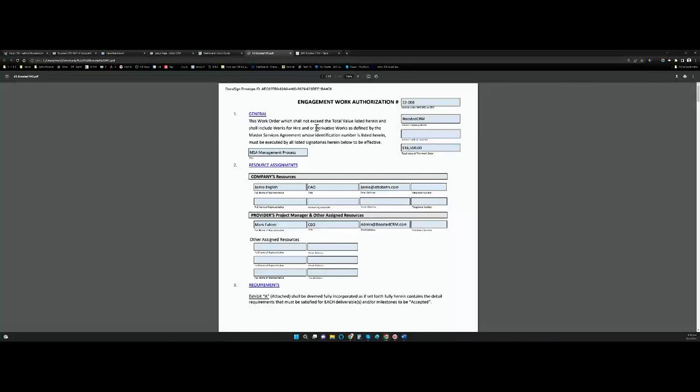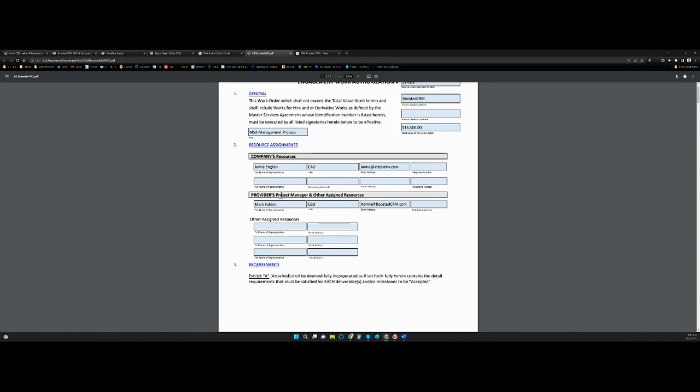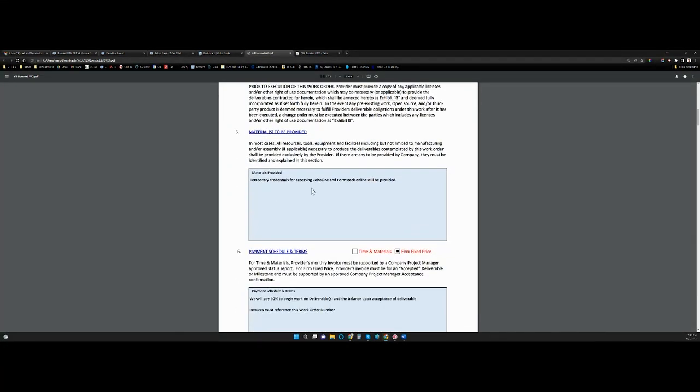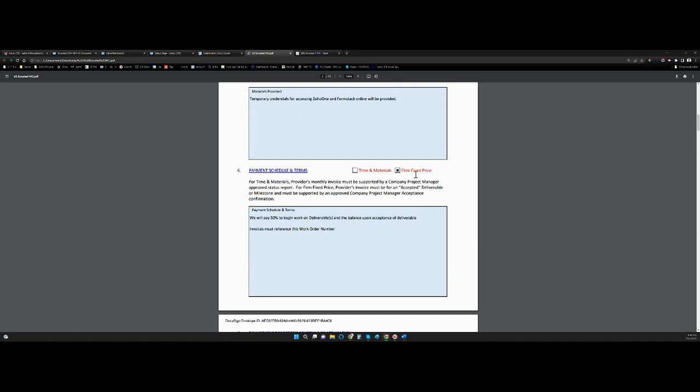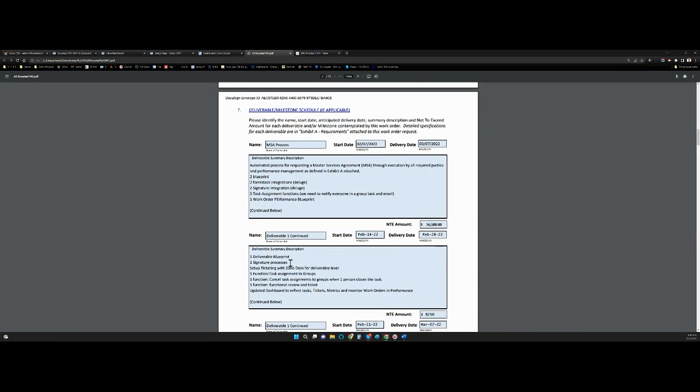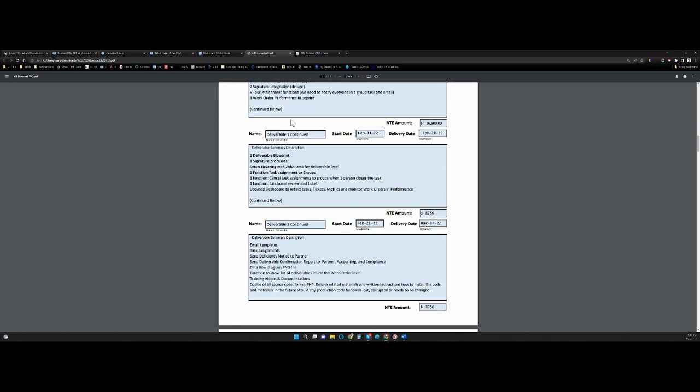Usually when a company hires another company, they sign a work order with all these fields that you can see. They say who's on the client side that is hiring, who's the project manager, who are the resources on their end, and who's on the provider end, and all the other resources. And then they usually have material provided, payment conditions, status and descriptions, and a list of deliverables, which is, as you can see, a couple of deliverables. There are 2 and 3 deliverables here